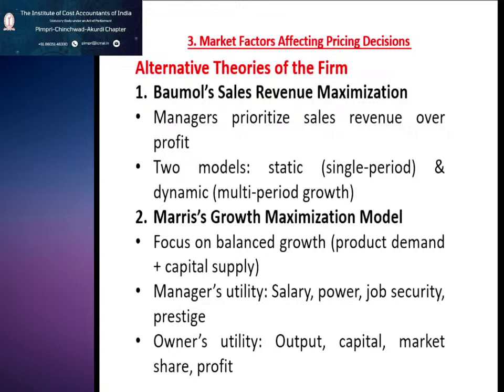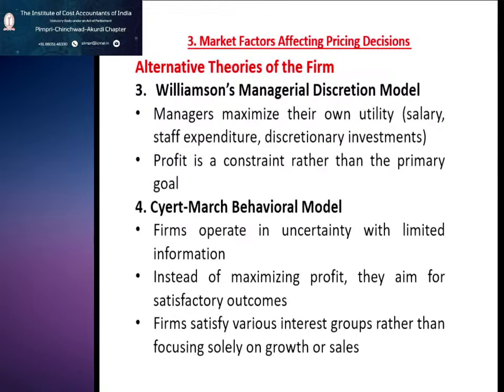maximization was propagated by Baumol's theory. The growth maximization model was propagated by Marris's theory, which focused on balanced growth, wherein product demand plus capital supply were the key drivers. Then we saw Williamson's managerial discretion model, wherein managers maximize their own utility and profit is a constraint rather than the primary goal. The fourth alternative theory that we saw was the Cyert-March